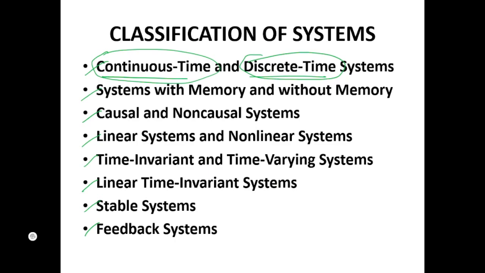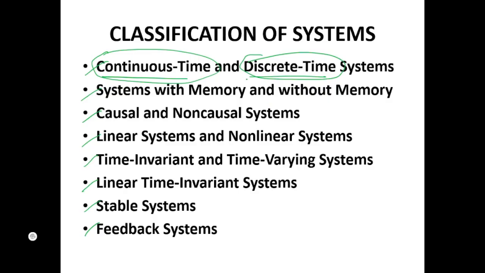They are discrete, they could be processed in the discrete time systems. The reason being, they are already discretized. Digitalization happens after the discretization has happened. So after the sampling, followed by quantization has happened, then only it becomes a discrete time signal. Now coming to the systems with memory and without memory, I already told you if you are having systems